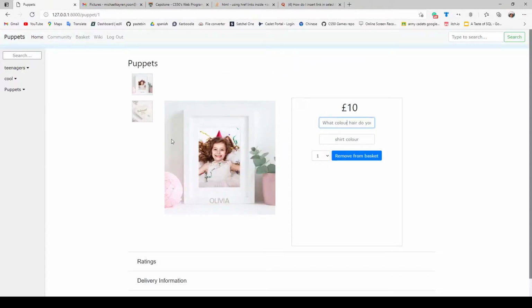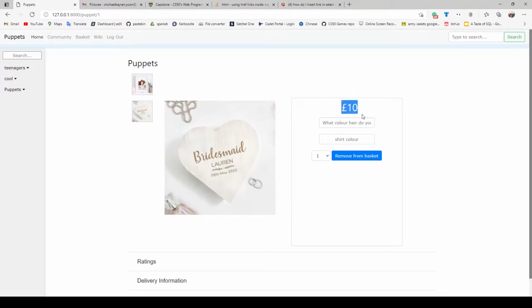So if we click on puppets, since there are two images, we can flick between the images, and as well on the right we have the price. We can add some personalization, so we put what color head you want. We can put white, shirt color we can put white, so we can just tailor it to our needs. These images are just placeholders, so in the future I'm going to change them, but for now they're just